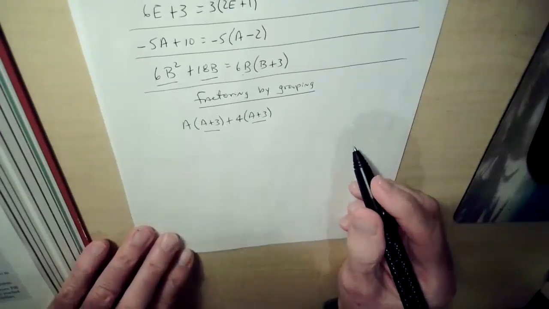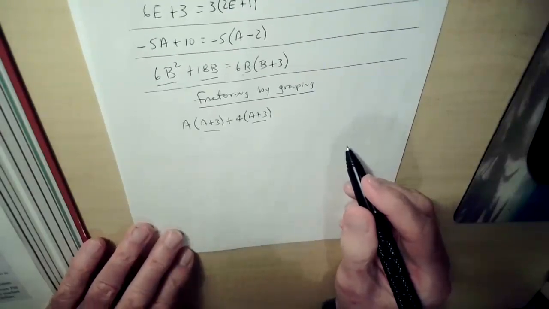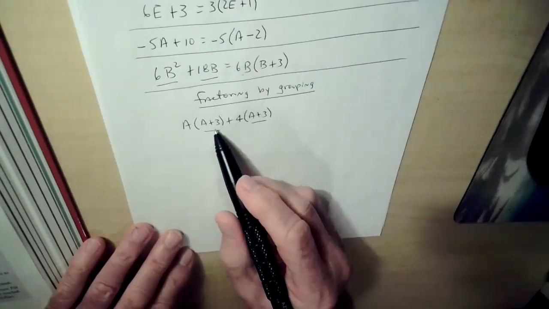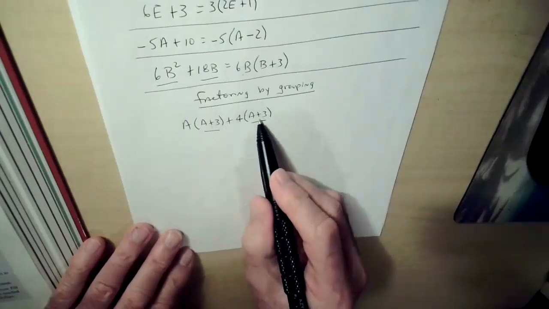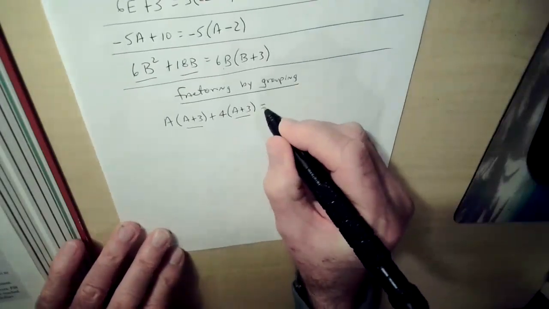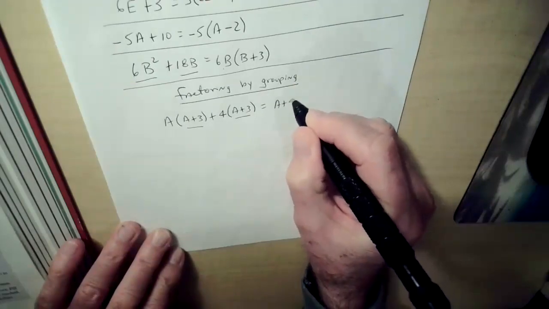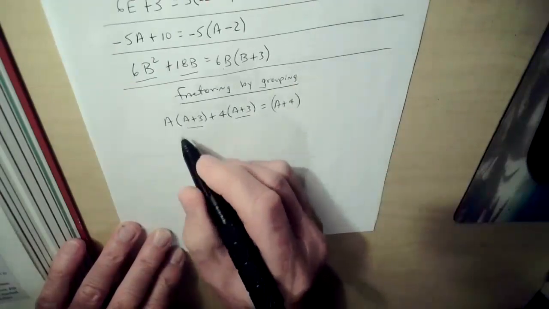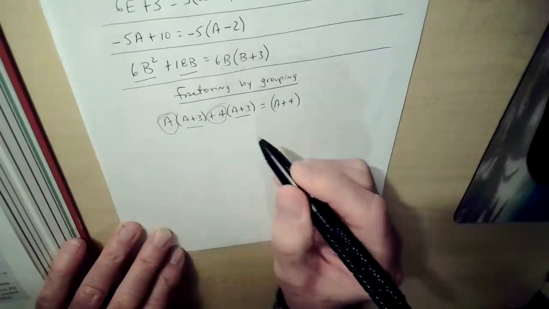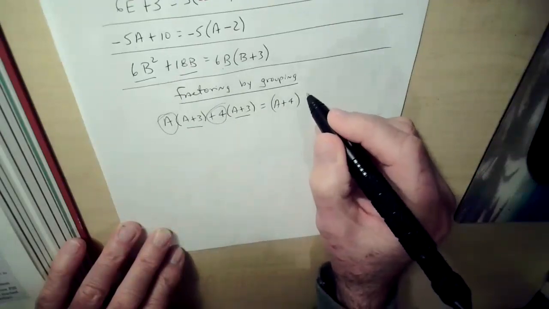Okay, now these two terms here have to be the same. If they're not, either something's gone wrong or this is not exactly this problem. But if we have this, what is this going to equal? This is going to equal A plus 4,